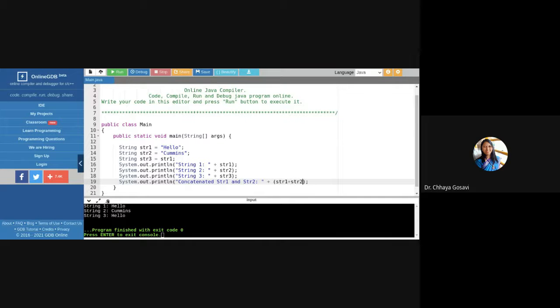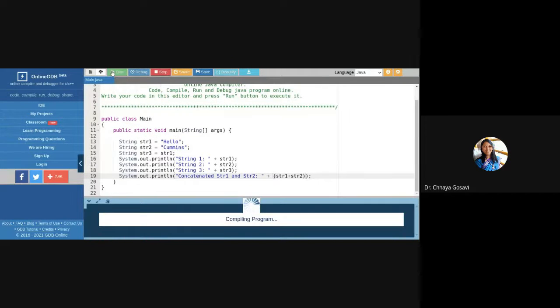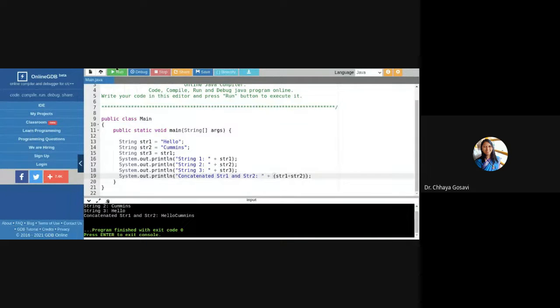Actually, no need of a bracket, but just to separate this plus and this plus, I am adding a bracket. So it will print hello comments as one string.